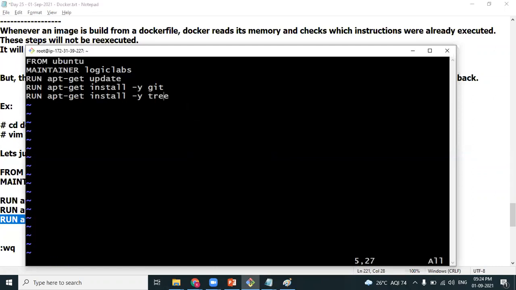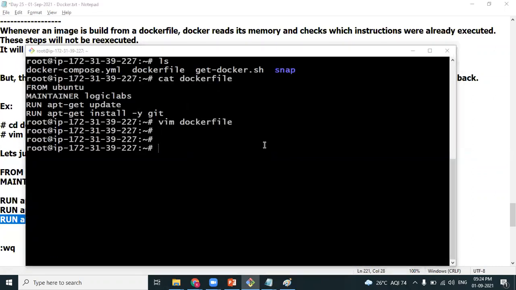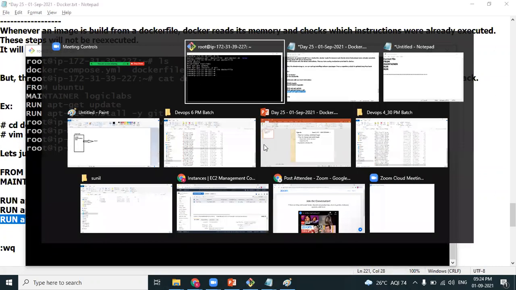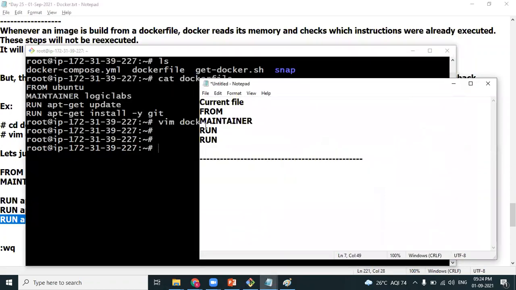I'm installing tree, then escape :wq, and the Dockerfile is updated. This is the current version of the Dockerfile.